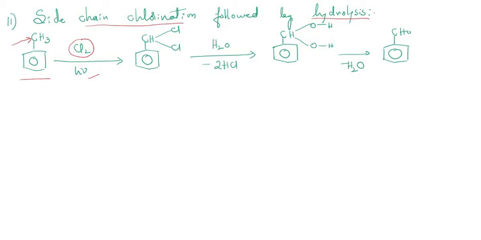When this intermediate compound is subjected to hydrolysis, the two Cl atoms are replaced by OH groups. We can see in this second intermediate, and we already know that there is no carbon atom which can contain two OH groups, so it undergoes intramolecular dehydration. When this bond migrates here, this carbon becomes pentavalent, so this OH will move outside, so there will be a loss of an H2O molecule, and thus we have our compound called benzaldehyde. So it is side chain chlorination of toluene followed by hydrolysis.